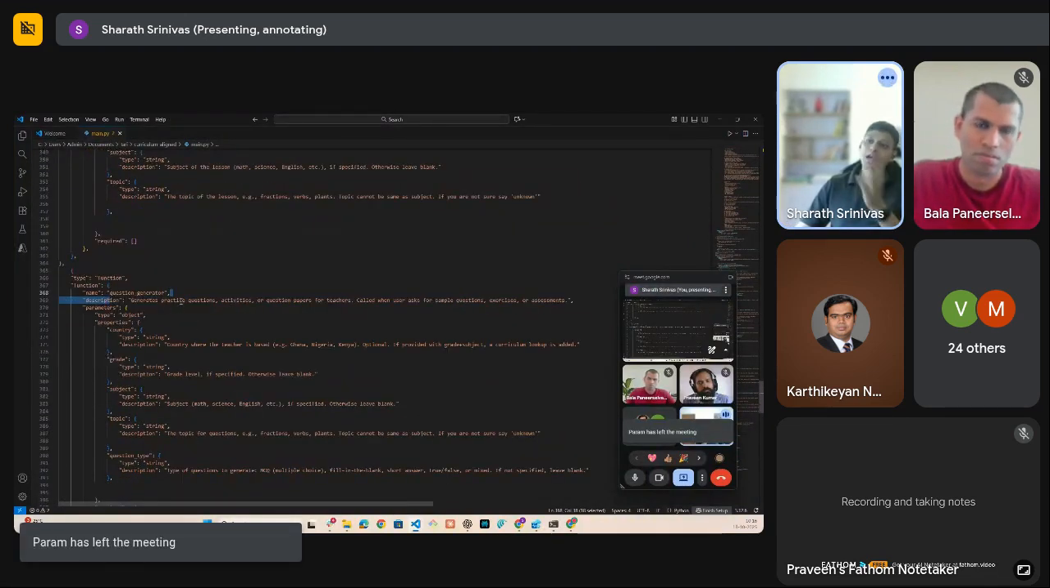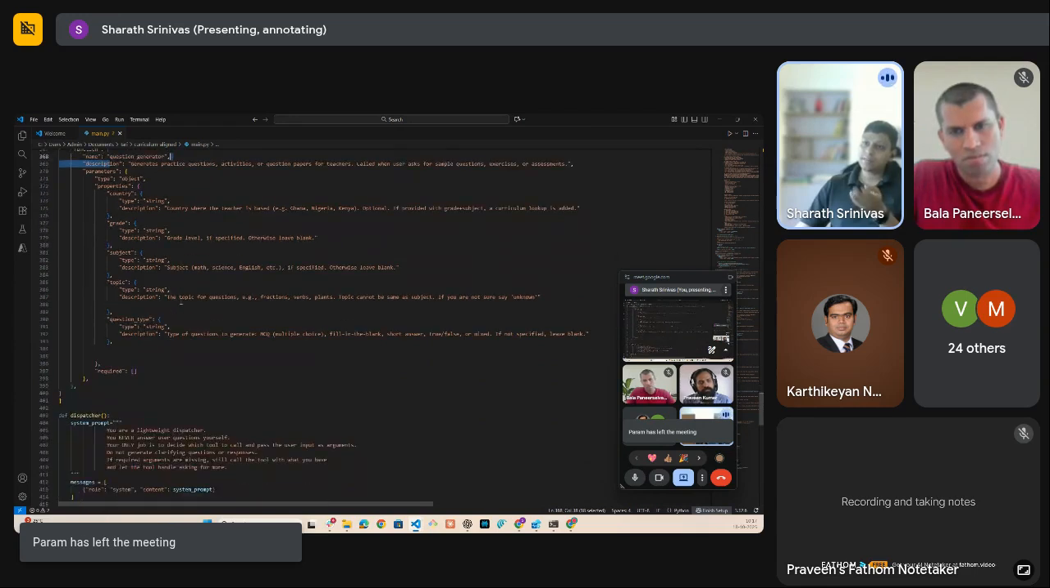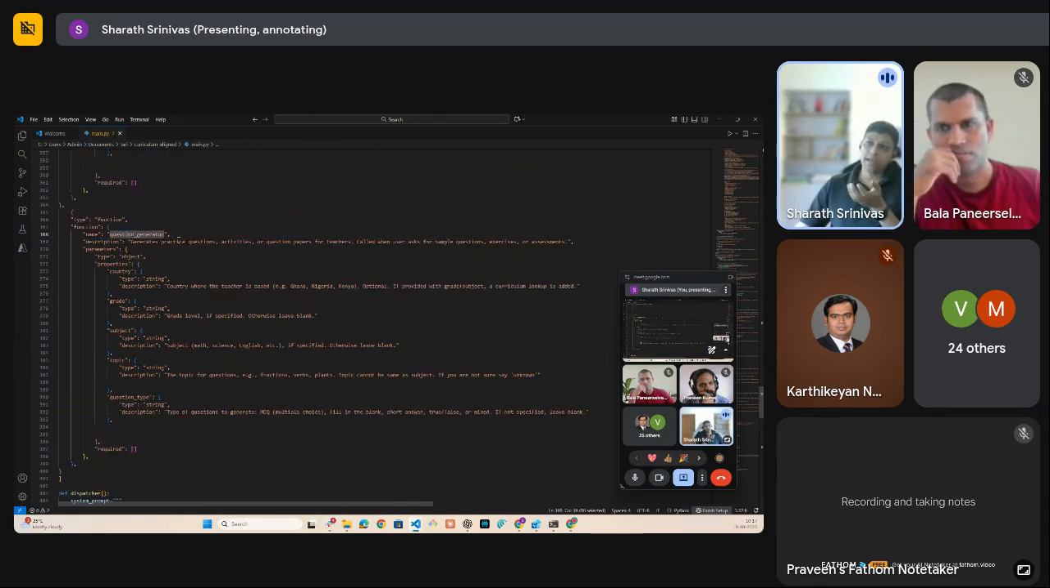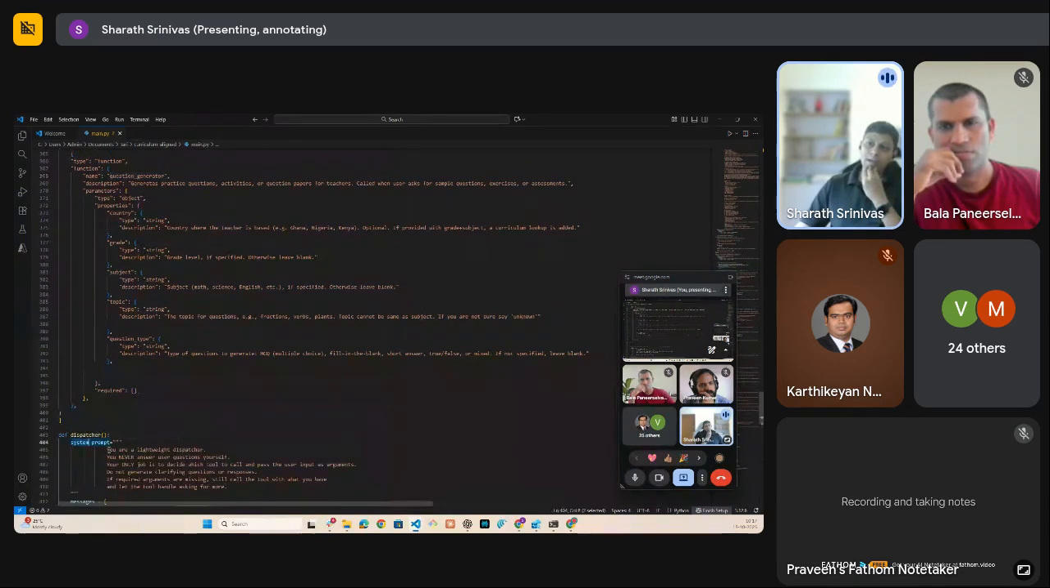automatically to the function. Cost is also much lesser here because the intent detection, whether it's lesson planning, quiz generation, whatever it is, is not done separately. It's done as a part of the LLM call itself, right? And inside the quiz generator, I can have a separate LLM call. So this is more like a lightweight dispatcher. The actual heavy lifting can be done inside these functions itself,